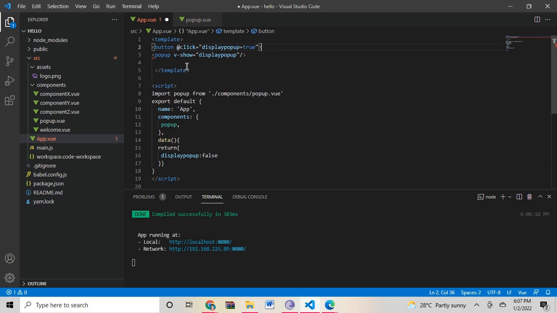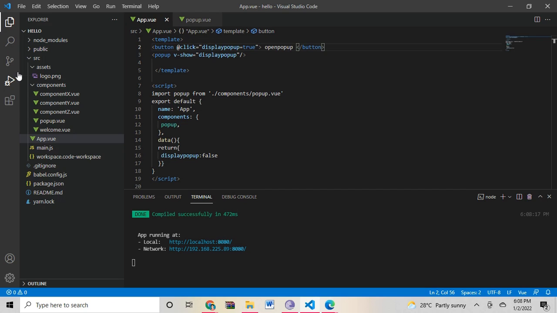Give the name of the button, open pop-up. Save this file, and now go to the browser. Here is the open pop-up button. If I click this button, it will open the pop-up box. Suppose I want to close this pop-up, just click this button. So this is the concept here.